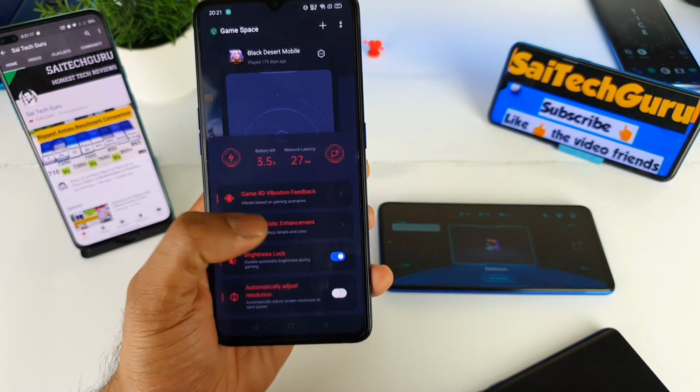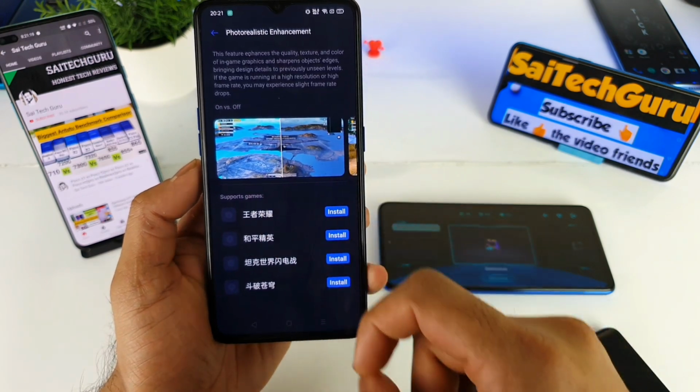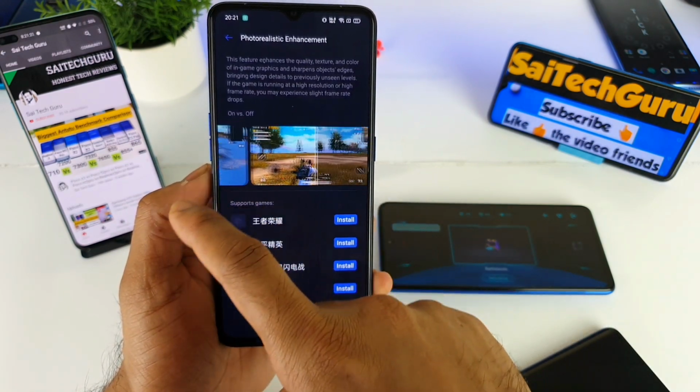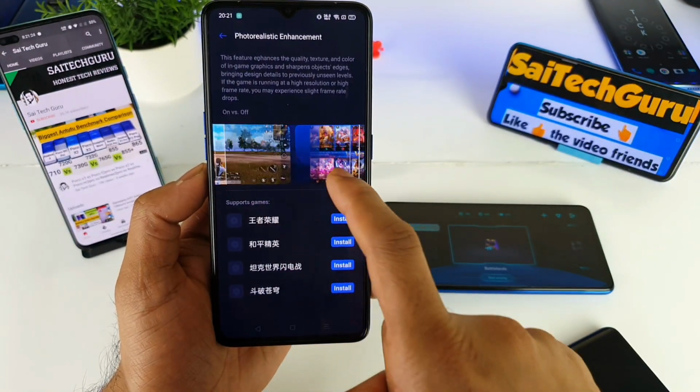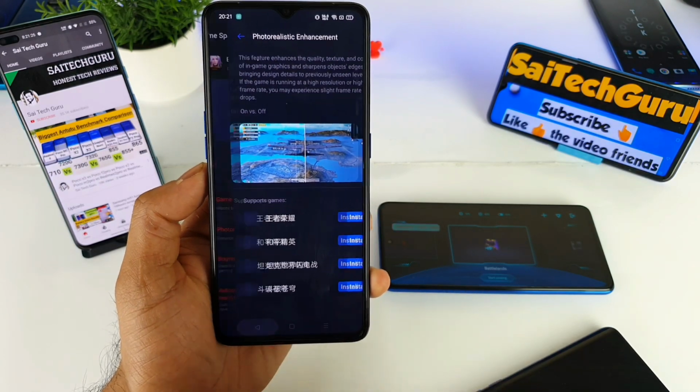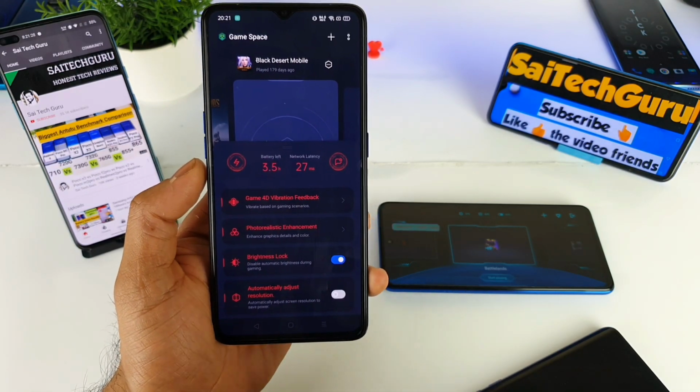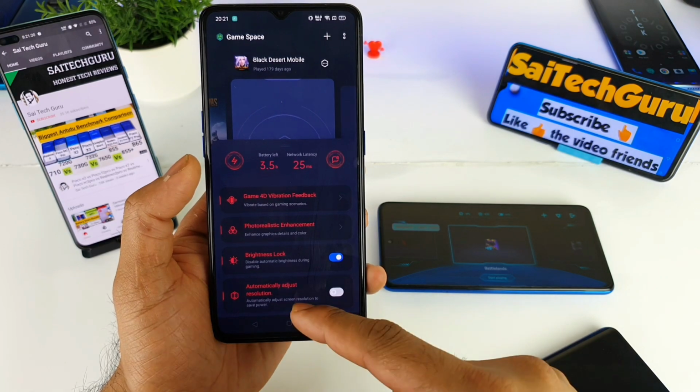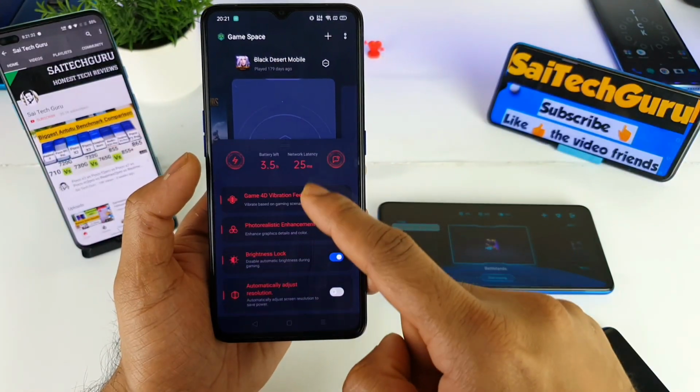When you enable these options, only a few games are supported with this mode. PUBG is also supported, as you can see, and there is also a brightness lock and automatic resolution adjustment. So these are the few settings you have here.